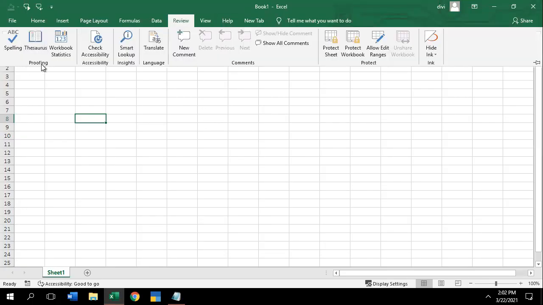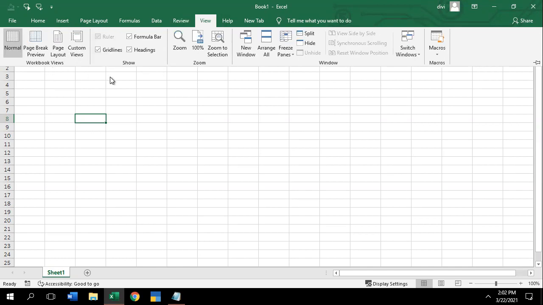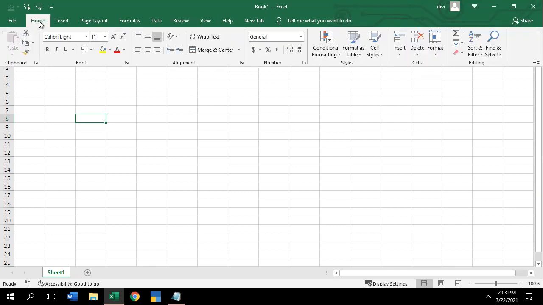In review we have proofing, text proofing, accessibility insight, language, comments, and protection. In view we have workbook view, show, zoom, window, and macros. These are the things we'll complete today.